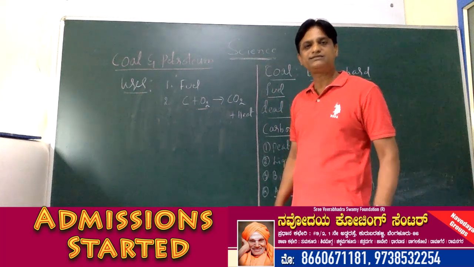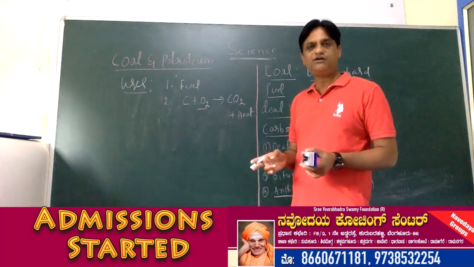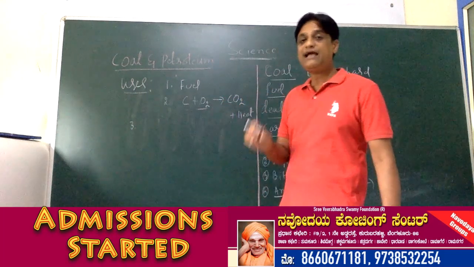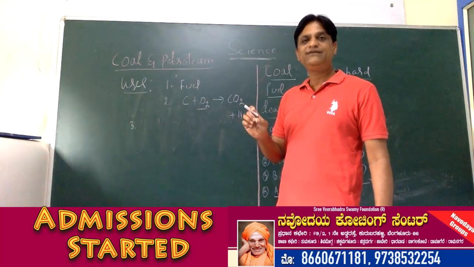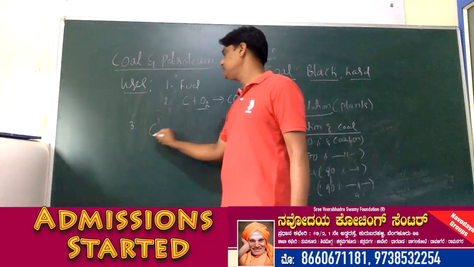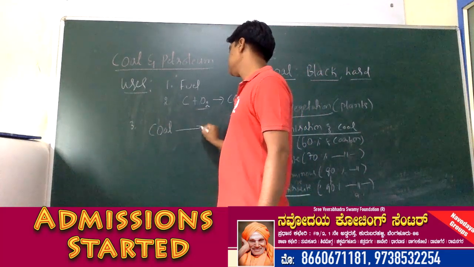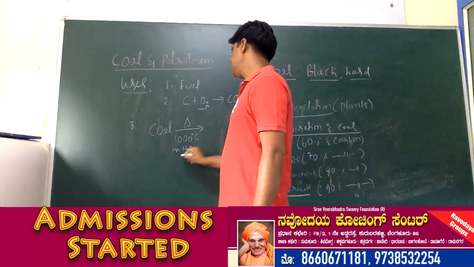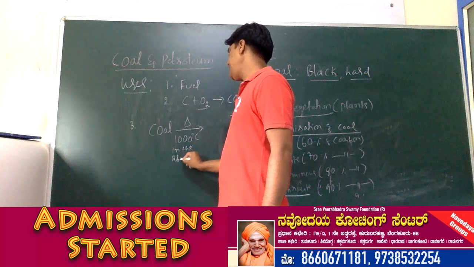What happens if there is no availability of oxygen? See, in the absence of air, when coal is heated to 1000 degrees Celsius, in the absence of oxygen or air,